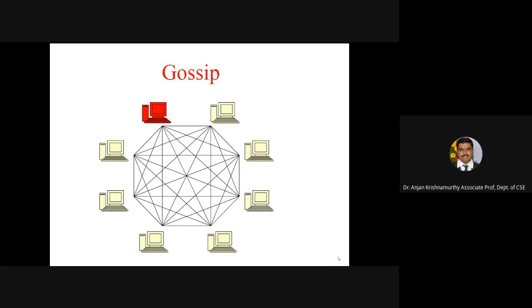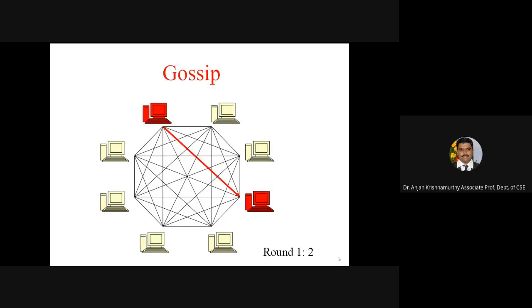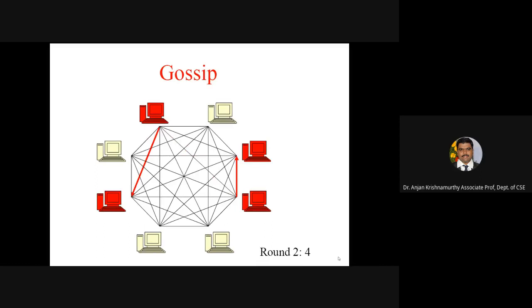So the gossip protocol works in this particular way, right? Let's say the node which is marked as red in this particular scenario is the starting point of our discussion. Then you have got a round between node 1 to 2, right? Then you have 2 to 4, right? Then you have another 2 nodes which are being activated. So usually what happens when you keep gossiping in a real world instance, you gossip to a person who is closest to you, right? You gossip to a person who sits next to you, or who is very close by. So the same technique applies here.